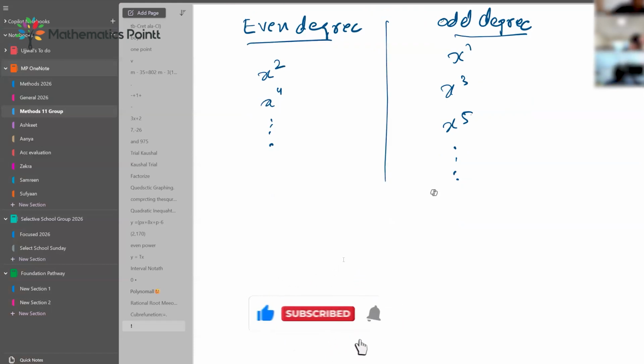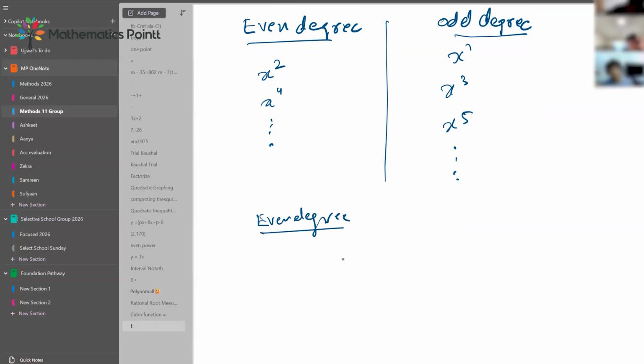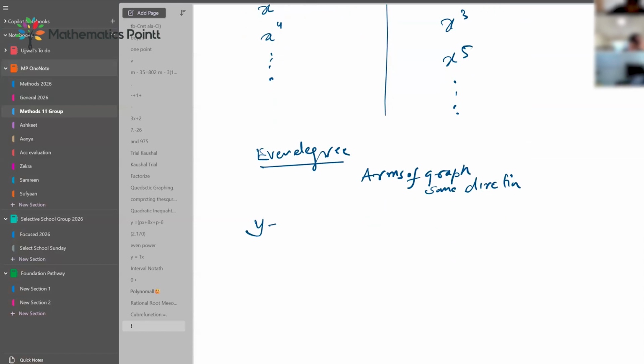Now, the polynomials that are even degree, and I think I did talk about it sometime in our previous lessons, the arms of the graph are on the same side, are pointing in the same direction. Think about a parabola, right? The basic even degree is y equals x squared. So that's how the parabola looks like, right? So you have the arms in the same direction, they're going up,